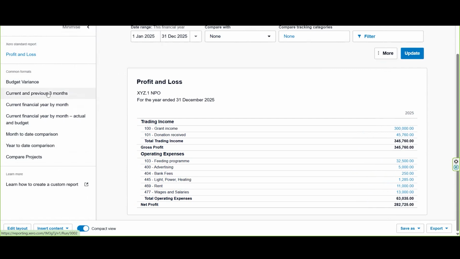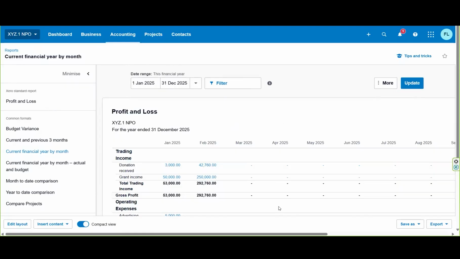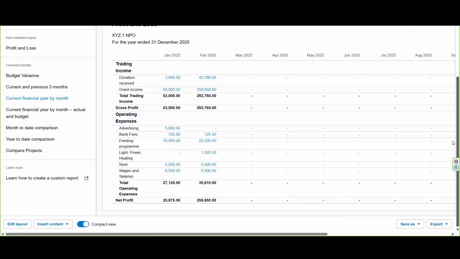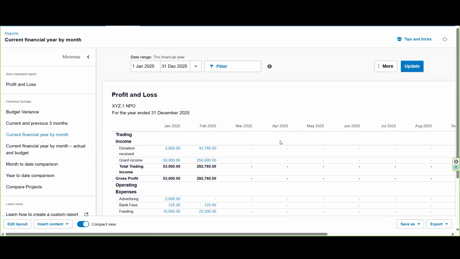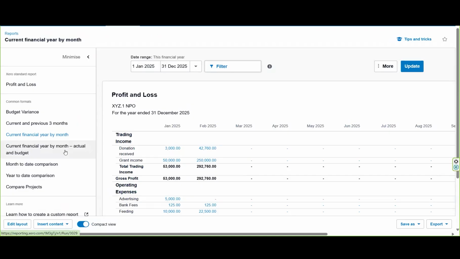I can do my current and previous 3 financial months, or I can do my current financial year by month. Once I click on that, the screen changes, and now you can see I've got an income statement per month. As I said earlier, I had only captured 2 months in this file, so obviously I don't have transactions beyond February. The filters are for if I wanted to filter on a specific project, which I'm not going to cover today. If I wanted to do a month-to-date comparison,